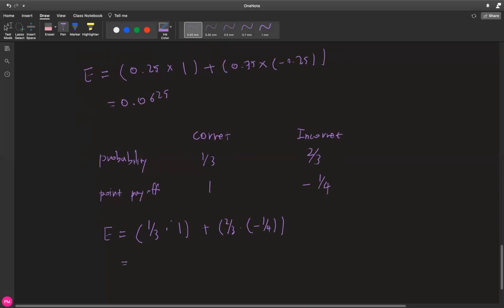The first term is 1/3 and the second term is 1/6. Sorry, it's -1/6. So simply you can say this is 1/6. In other words, you also have a positive expectation.